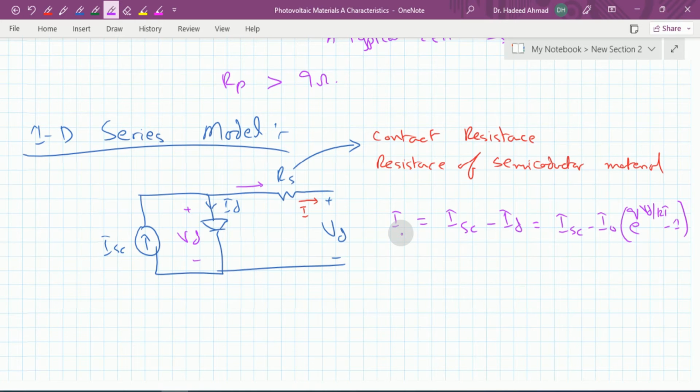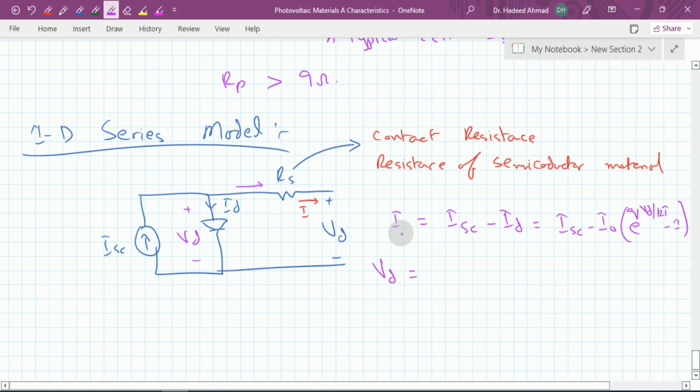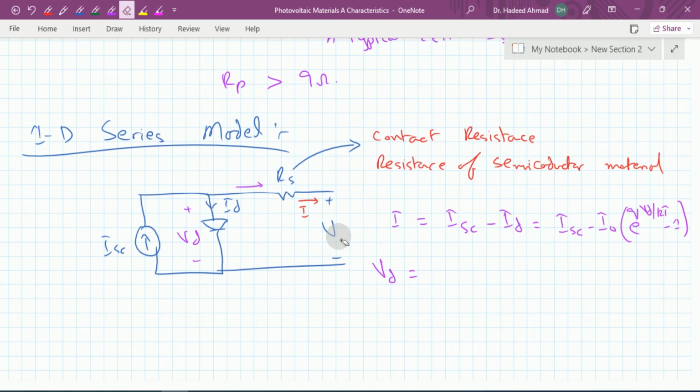So this Vd, which is the voltage across this diode, is equal to V plus I into Rs, and this I is actually substituted in here. And if we substitute this particular value in here, then we have